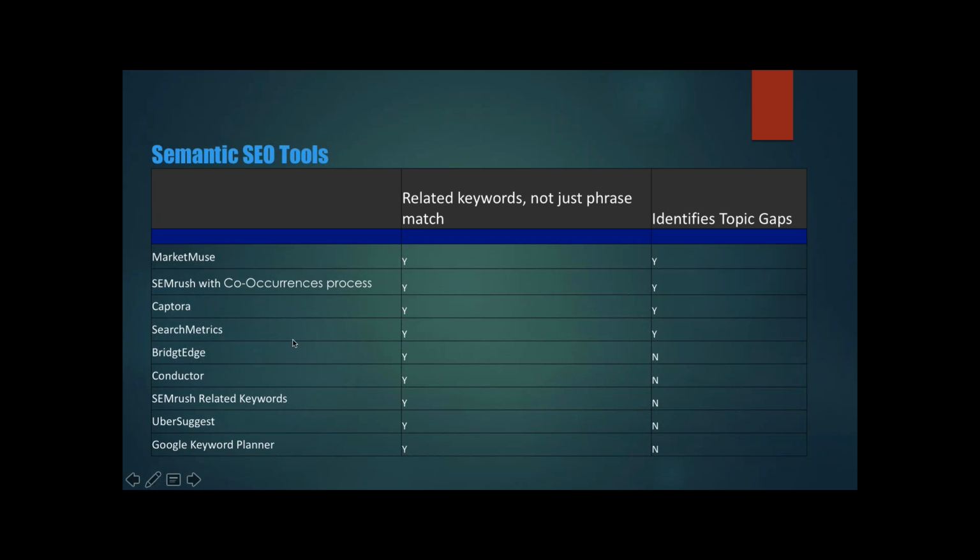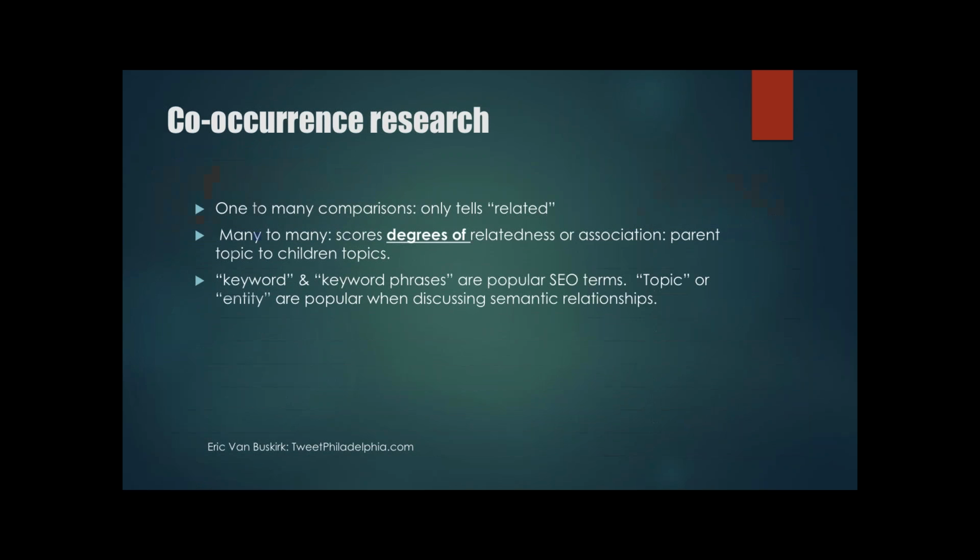So the two things I'm going to talk about using: one is a technique that I developed using co-occurrences and using data from tools like SEMrush. You don't have to use SEMrush. We'll look at that. And to a lesser extent, I'm also going to review MarketMuse. MarketMuse is a tool that at its heart is a machine learning system that analyzes authority content on the web and finds content gaps on your website by looking at your website.